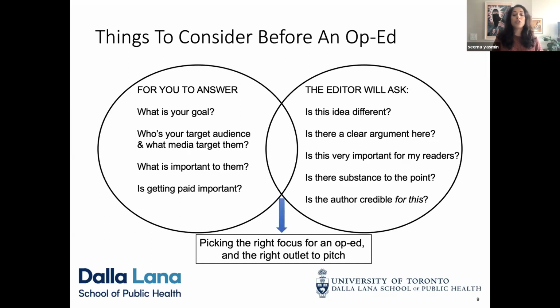And so it's important for you to know, and I want you to know, that some outlets like the New York Times typically pay around $250 to $500 for an op-ed, whereas some outlets like Scientific American and Medscape can pay more than $1,000 sometimes. So if that's important to you, that's something to bear in mind. That's very much related to the kind of outlet you might pitch to.